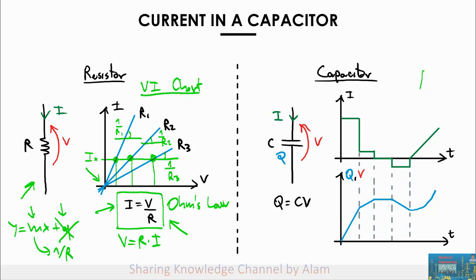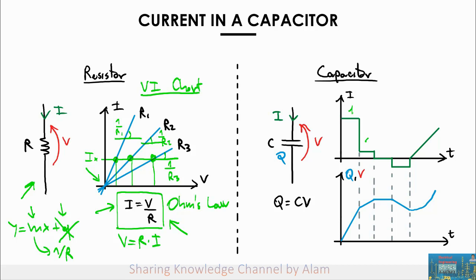One thing that I want to highlight is that the behavior of the current was an input of this exercise. So the shape that I chose was completely arbitrary for the current, and I chose this specific shape because it will let me explain a little bit better how the capacitor works, but it could have been any shape for the current because it was our input. Whereas the charge and then the voltage will be just like an output, a consequence of the waveform of the current. Now, as you can see, the current waveform is split in 5 different regions where the current behaves in